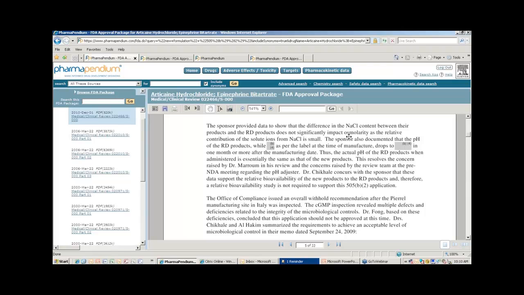For example, if we look at the statement that says, "The sponsor also documented that the pH of the reference drug products, while at pH level X, whatever that was, as per the label at the time of manufacture, drops to level Y in 1 month or more after the manufacturing date. Thus, the actual pH of the reference drug product when administered is essentially the same as that of the new products. This resolves the concern raised by the review team." So here's an example of how the sponsor was able to borrow data from the reference drug